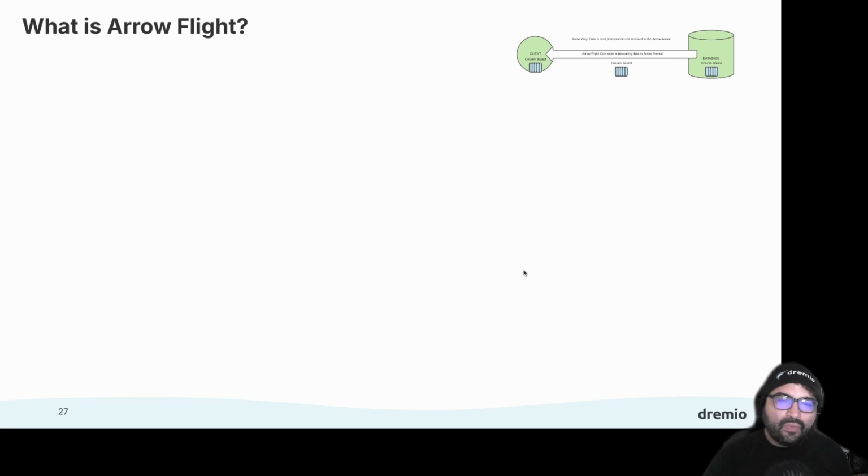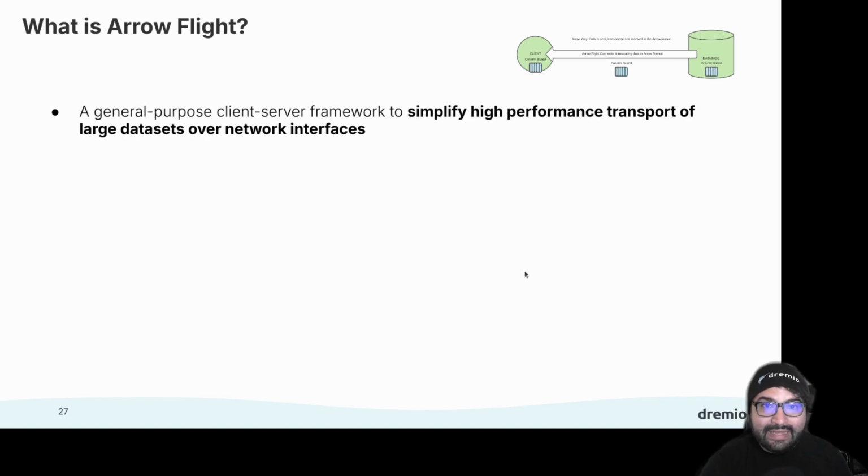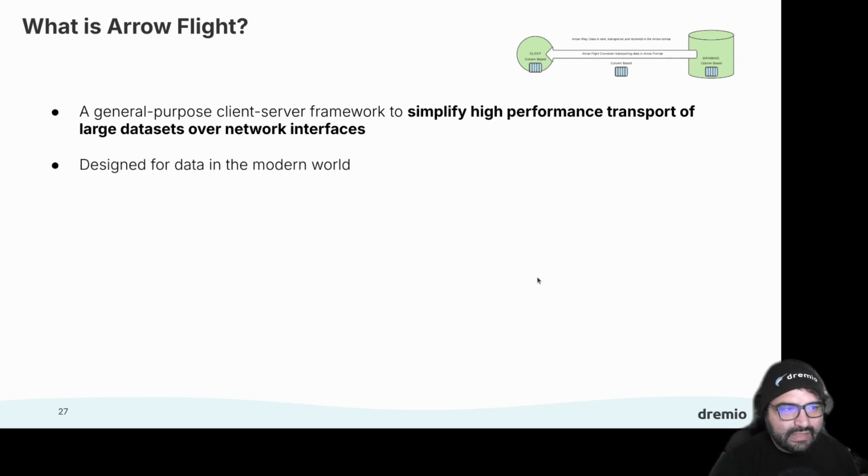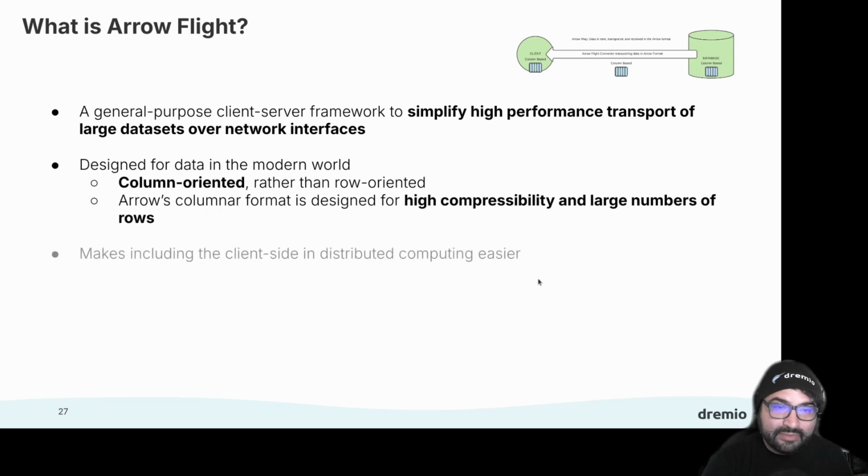But once you have the data processing quickly, you also need to be able to move that data between machines. Traditionally, you would move that data through JDBC or ODBC, which are row-based protocols. So you would have to convert that optimized columnar data into an unoptimized row-based format, and then convert it back on the other end. That was another bottleneck. To solve that, there's Arrow Flight, which is a protocol for transporting Arrow data across the wire. That way, not only is the data on a machine processed quickly, but it's also moving quickly between machines. It's designed to enable things like parallelism and transferring columnar data.